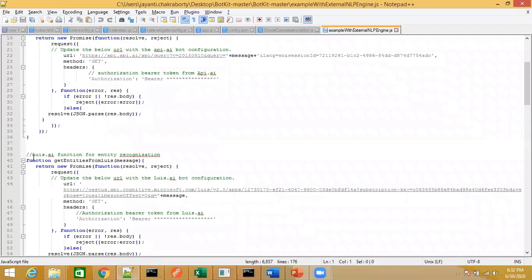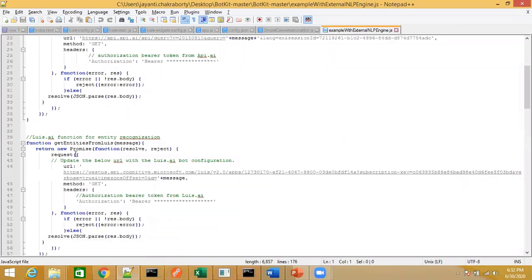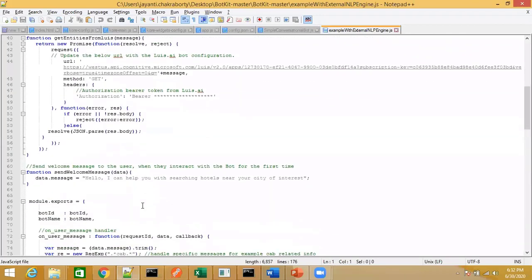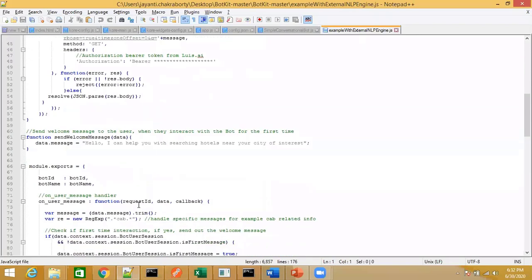Similarly, if you want to integrate with Louis.ai, we have all the code available. All you need to do as a developer is provide the required URLs from where you are going to refer to that particular NLP engine, and the authorization token. You need to provide some of the data, but the rest of the coding required to do the integration is available in these files.